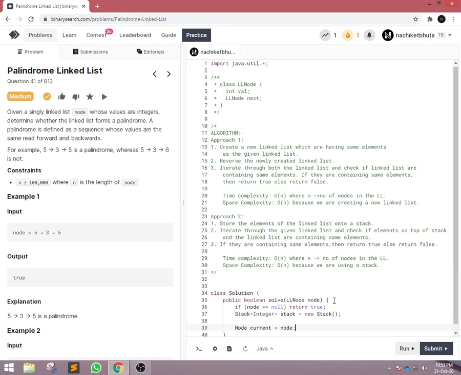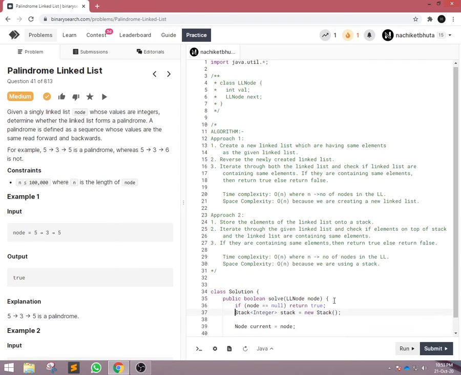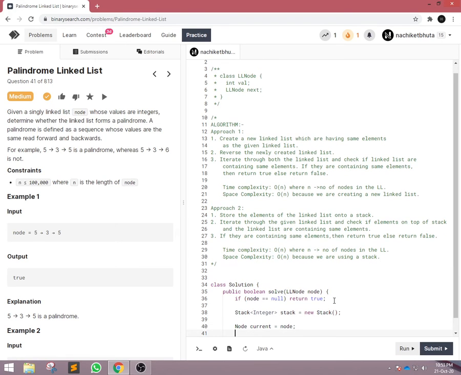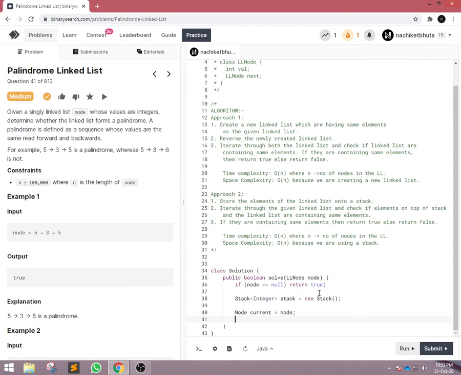After that, I have created a temporary node which will point to the head of the linked list. Using this temporary node, we can traverse through the list, and we will push all the elements onto a stack.